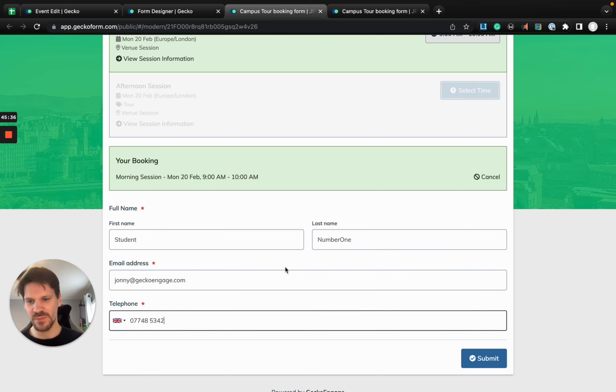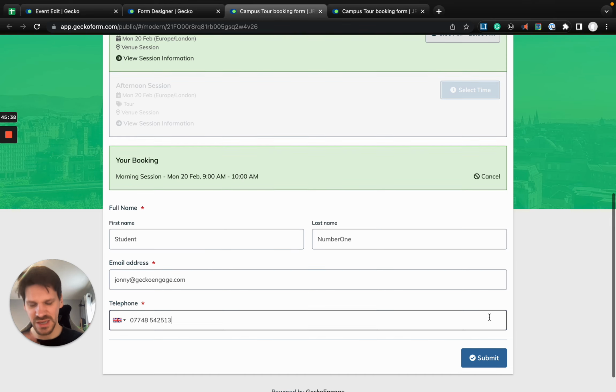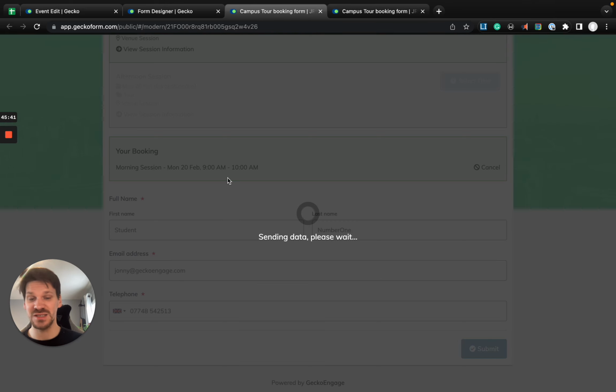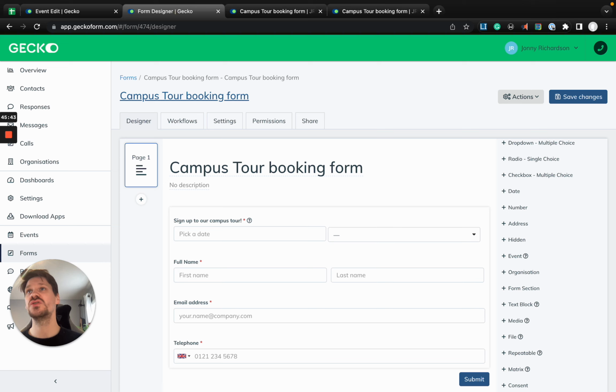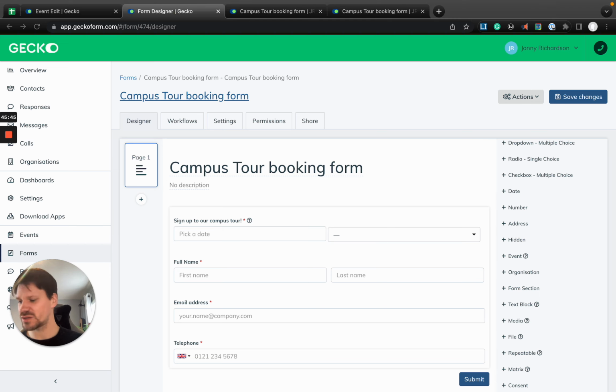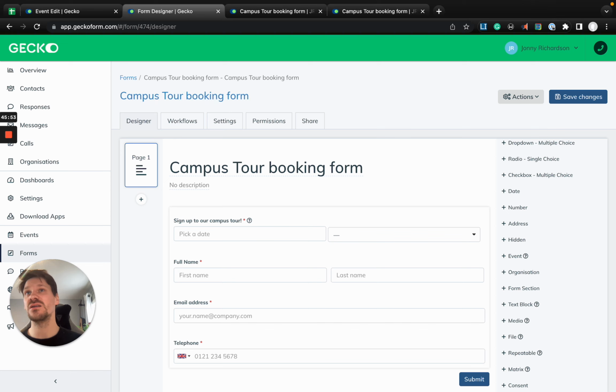And I'll definitely put in my email and my telephone number because I want to receive the email and the text message. And as soon as I fill in those details, I should hopefully be receiving those messages very shortly. Now, when it comes to actually sharing the form with students, in fact, it looks as if